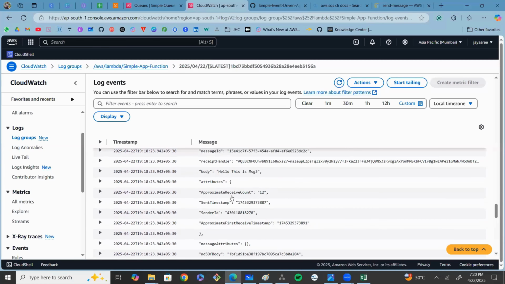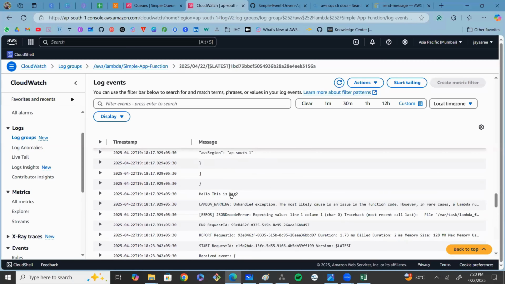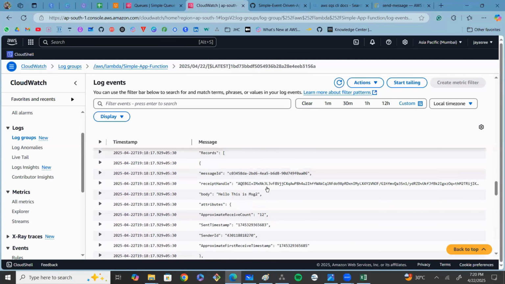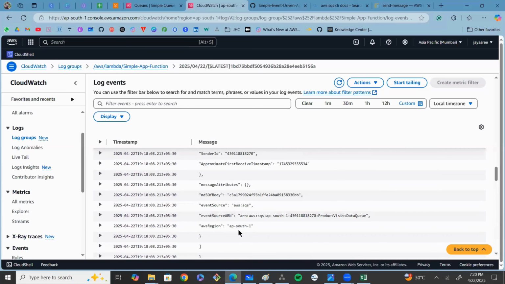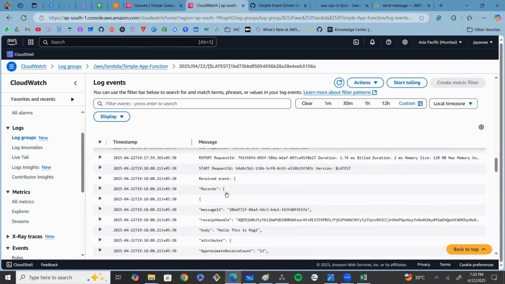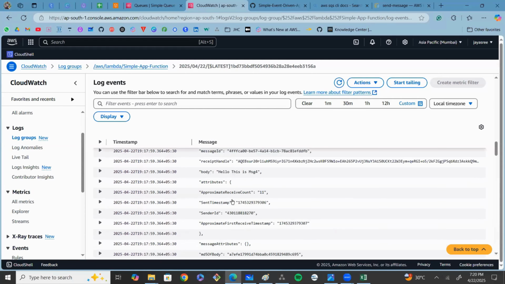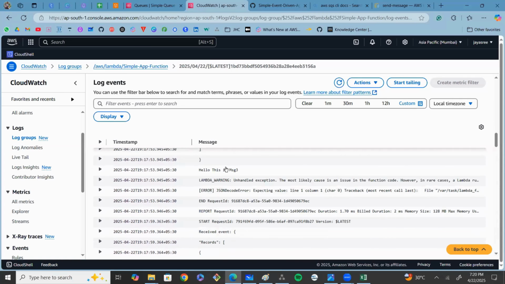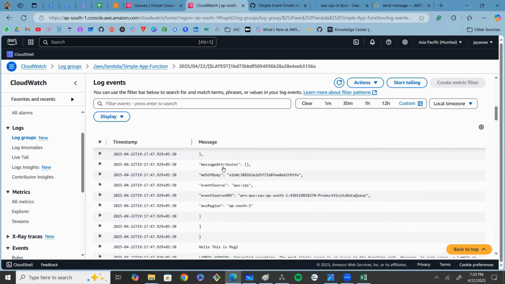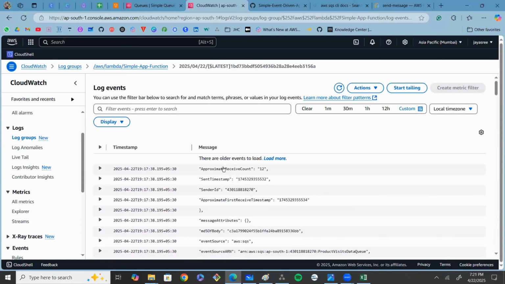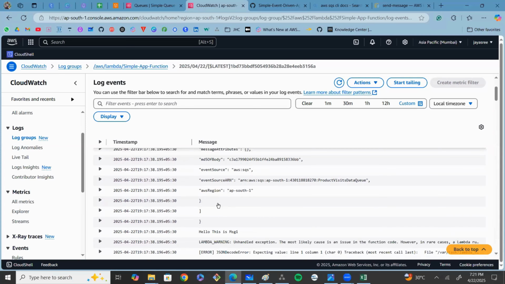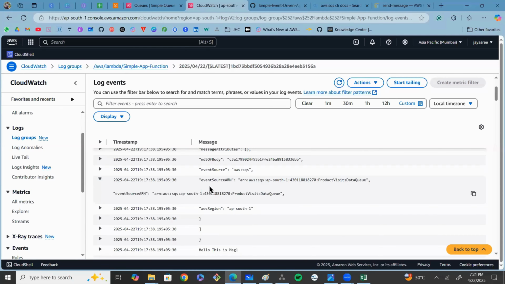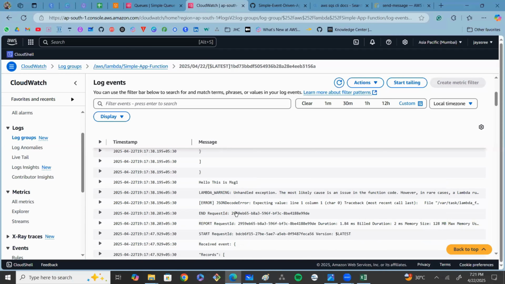This is message 3, and go to the top. This is message 2. Again, go to the top. This is message 2, message 1. You can see the region here, and you can check out the data, the queue URN. This is the SQS queue URN. Just scroll down here, and here you can see,